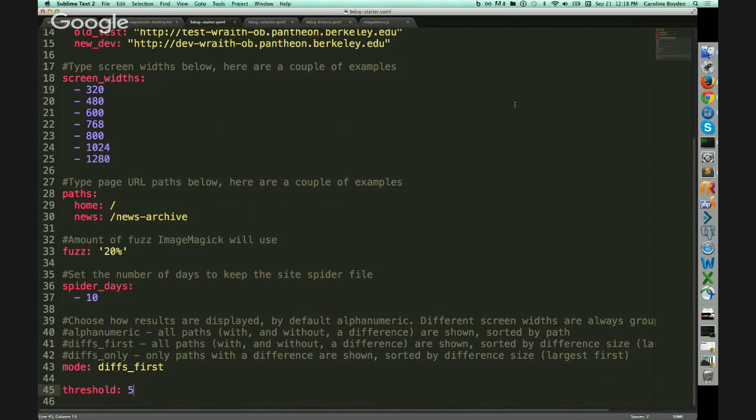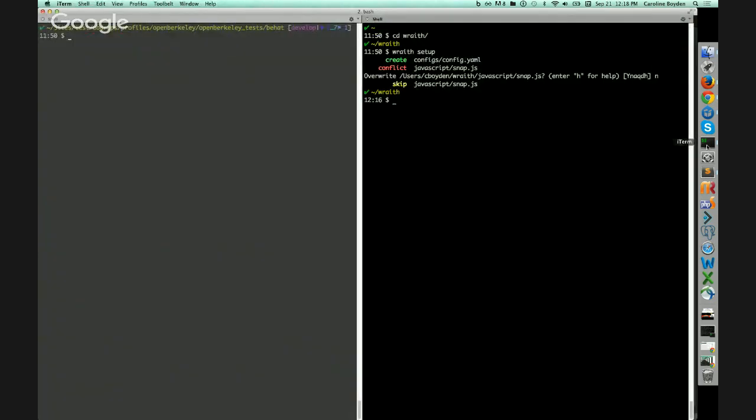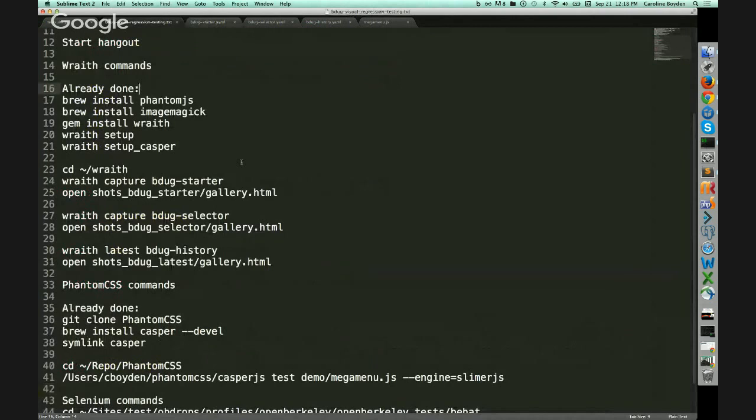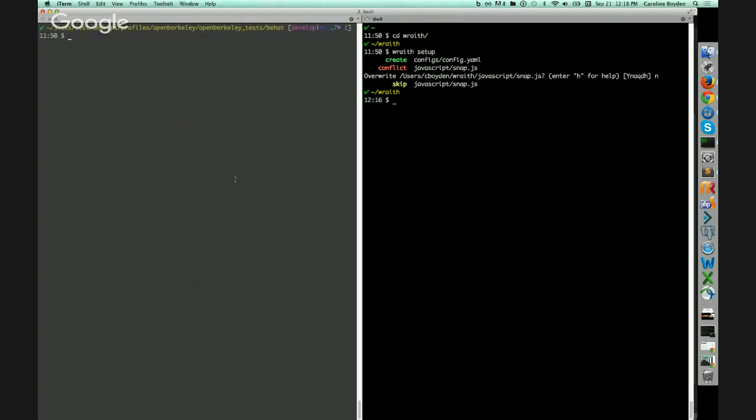So here's my first Wraith test. And so in order to run it, the command, let me get back to my little script here, Wraith capture, and then you give it the name of your configuration file. So from your Wraith directory, you go Wraith capture BDUG starter. Live demo, what could possibly go wrong, right? So